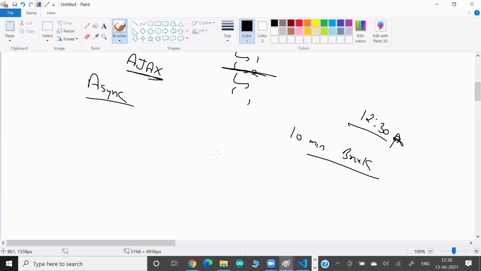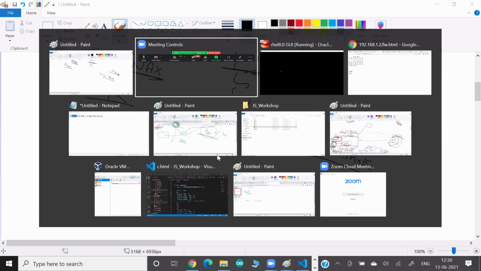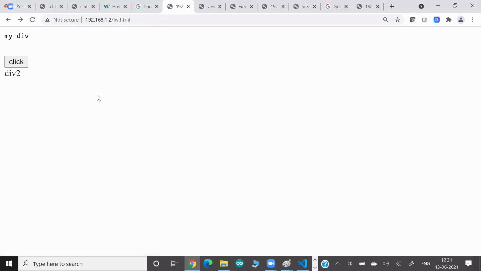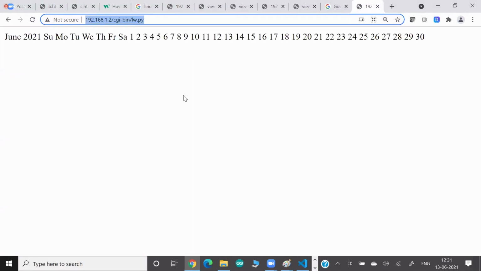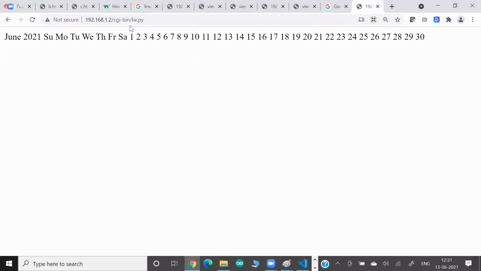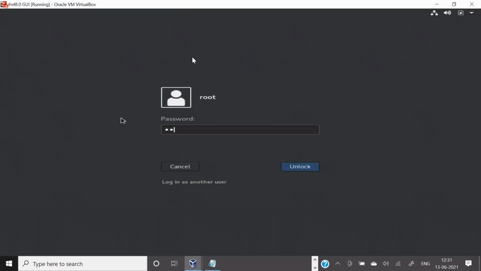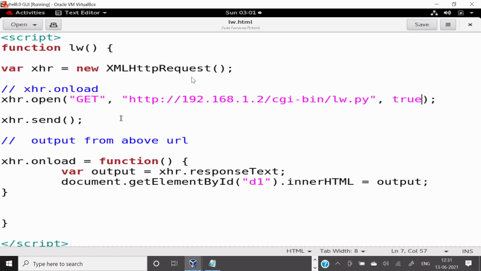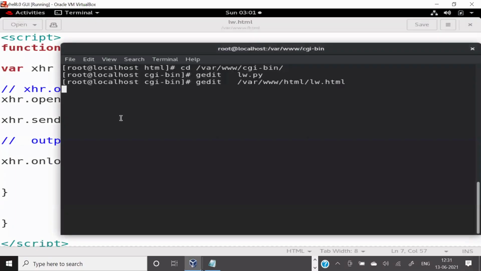So let's continue. What would be the next plan? Okay, I want to create something like this. Right now, if you see this page, behind the scenes it is getting the output from this page. In this code, if I open this as my backend code,